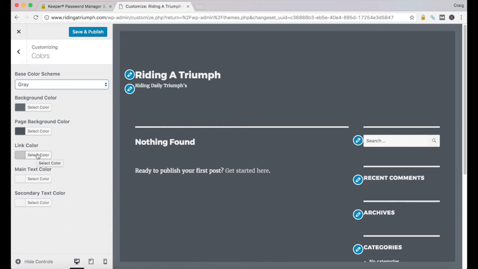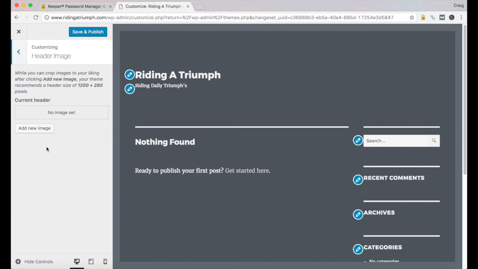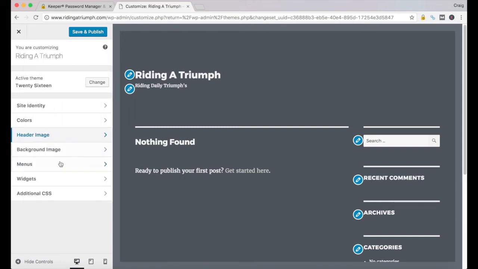You can change your link colors, your background colors, your text colors, whatever you want. Header image, if you have an image you want to add for your header, which will take the place of this information up here, you can add an image. In our case, I don't want to do that right now. I can add a background image,